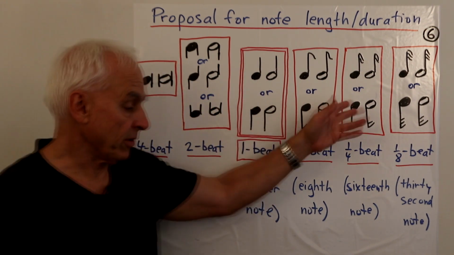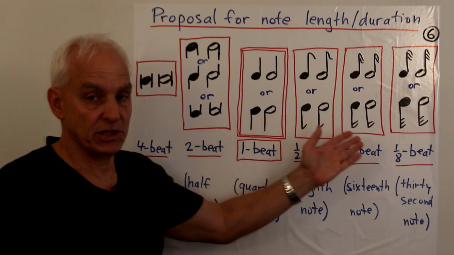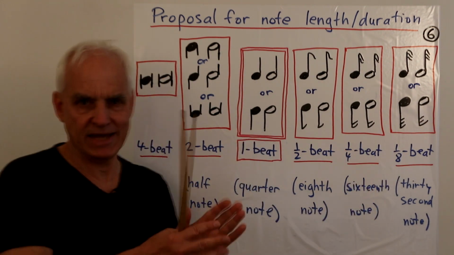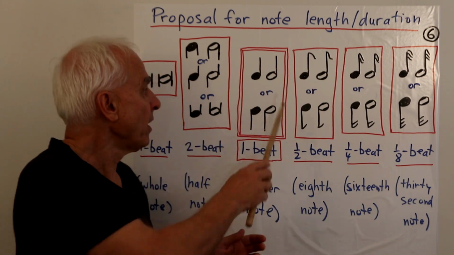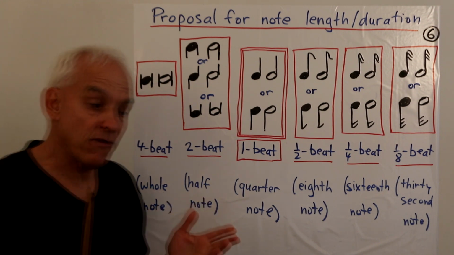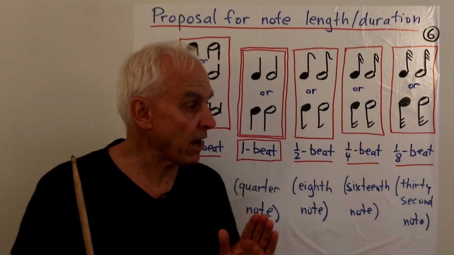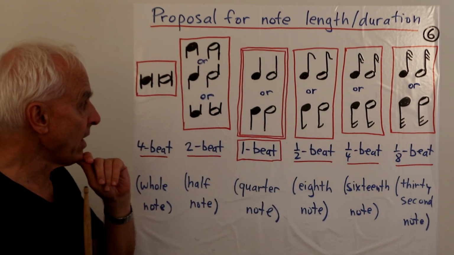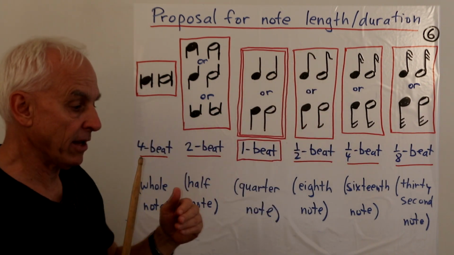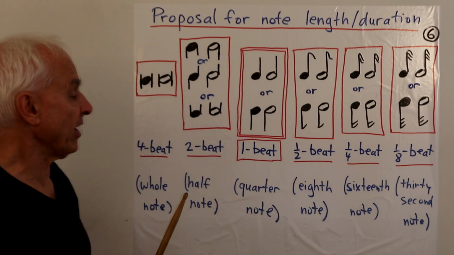Now, there's all kinds of possible fancier systems that we could use here, but I think the simplest thing is pretty well to use the existing system, basically starting with a quarter note as the basic thing, just a single note head with a stem either going up to the right or down to the left. But now, of course, that note head could be a black note or a white note. Both are allowed, so that's different from previously. And then to get these other ones, we just put little tails. Each time we put a tail, we're dividing the duration by 2. We're making it half as long.